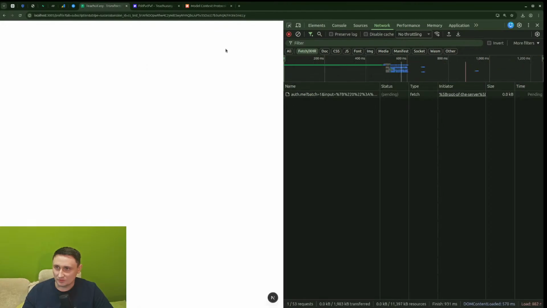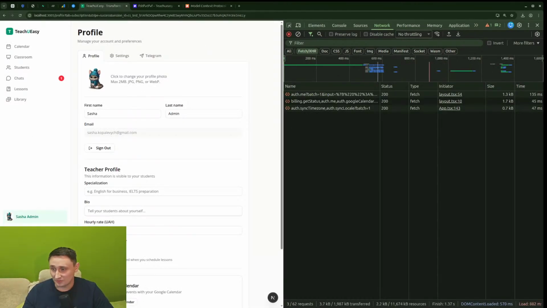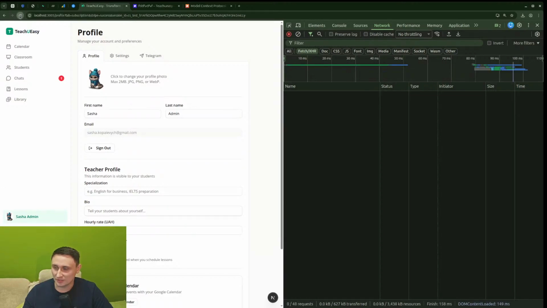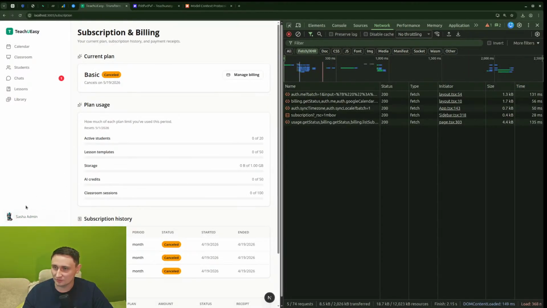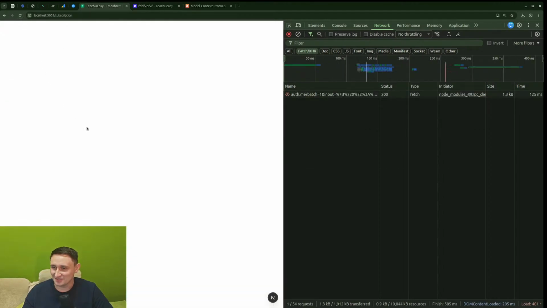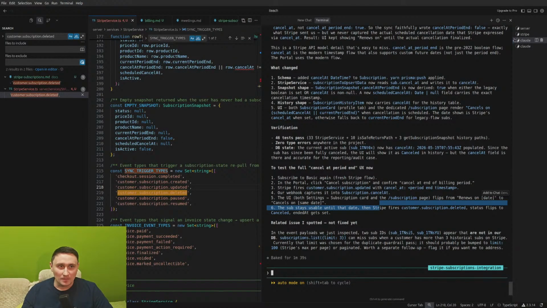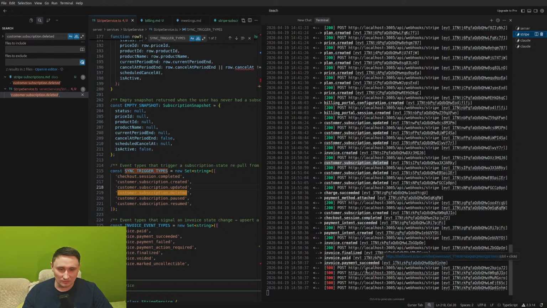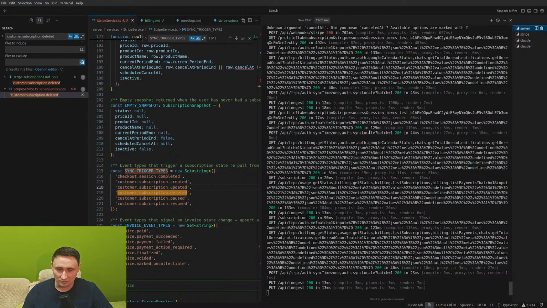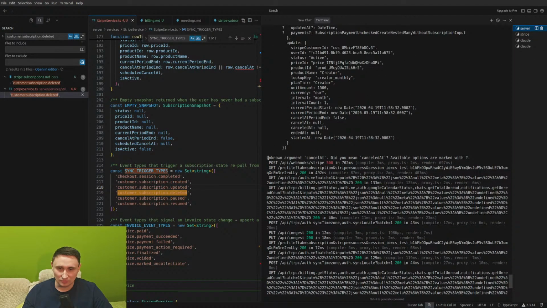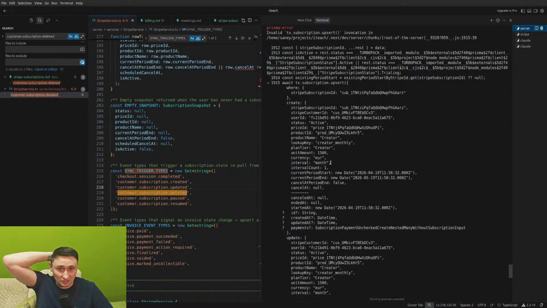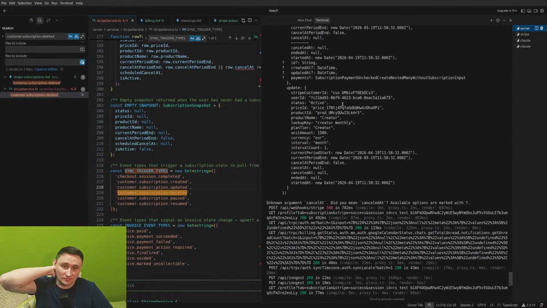We redirect it back. We still see free, which is fine, because maybe our webhook still couldn't handle it. Oh, it just failed. Okay, let's check the error. Yeah, 500, so it means something happened on the server. Unknown argument. So I'm using Prisma for database, and that's why every time when I change, I'm not sure if